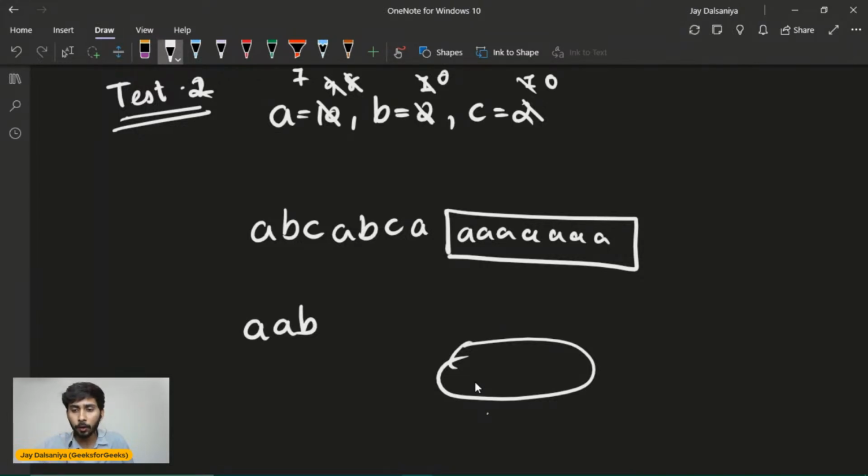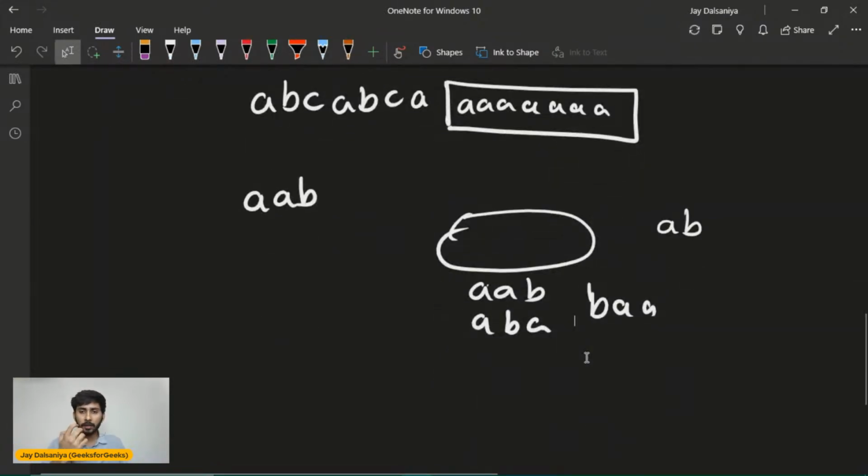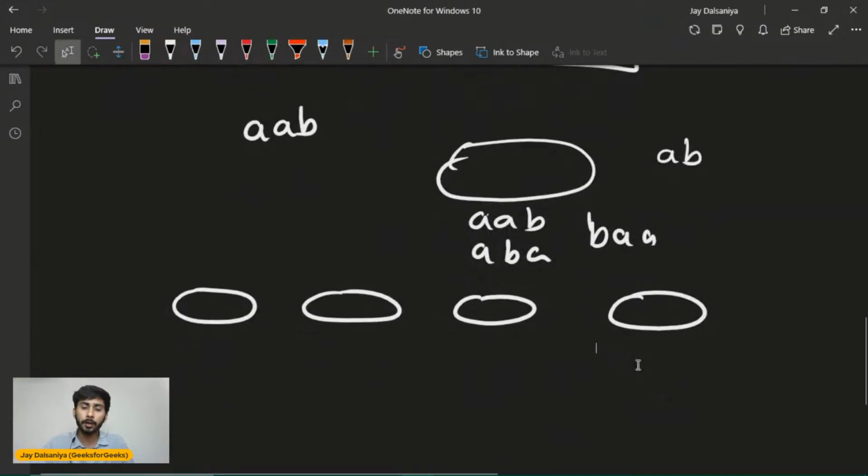Let's say if I'm talking in terms of A and B, in a triplet, I can have A, A, B, this kind of arrangement, A, B, A, or B, A, A. These three arrangements are only possible in each and every triplet. So basically try to focus on generating triplets for the given frequencies, individual triplets.